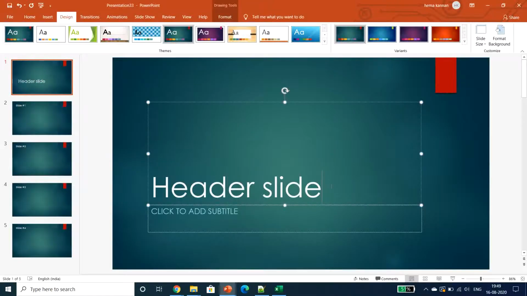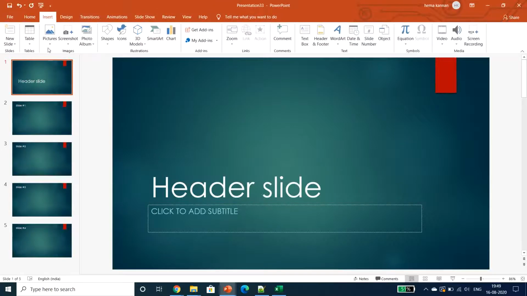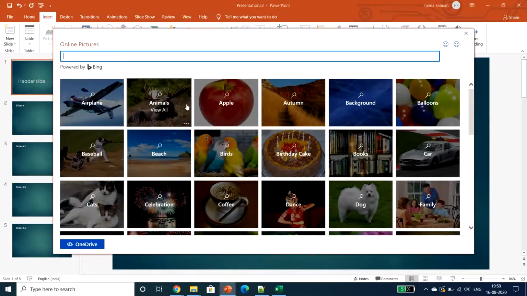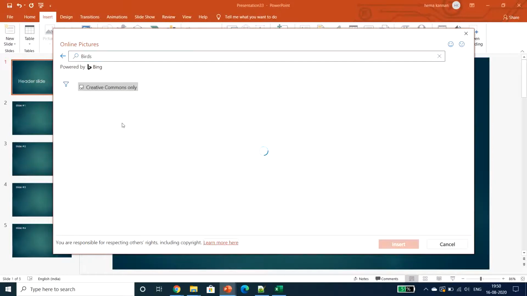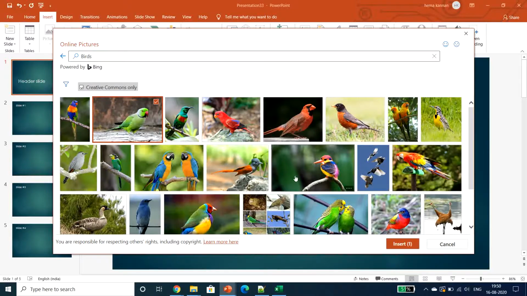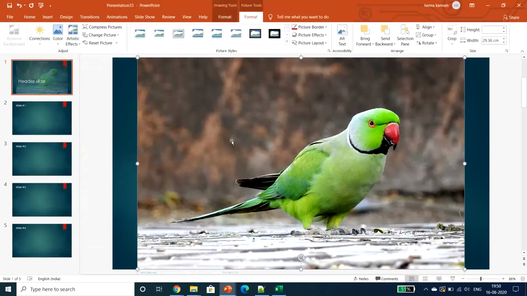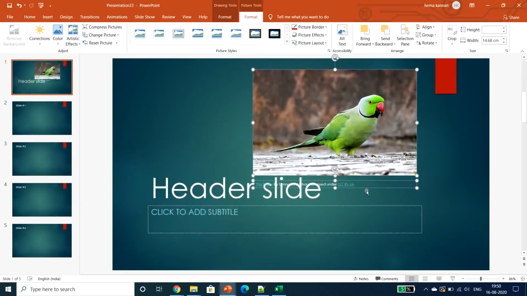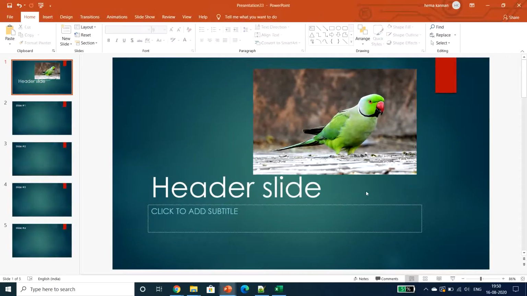Now I am giving some design. This is a header slide, and I am going to include some online pictures. Just selecting this, placing it, and I am going to export it as an image.